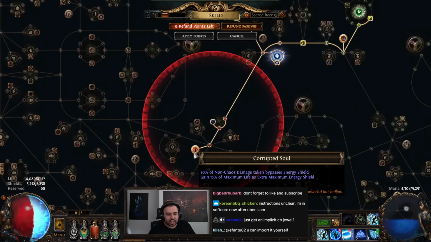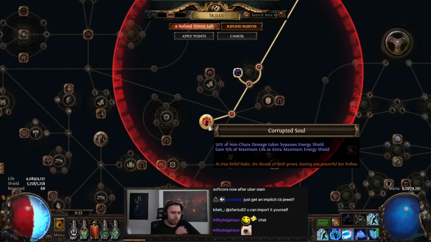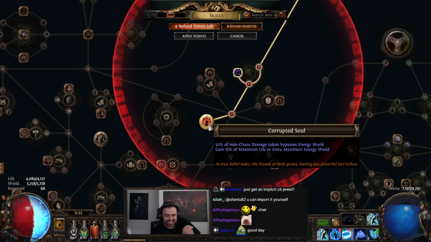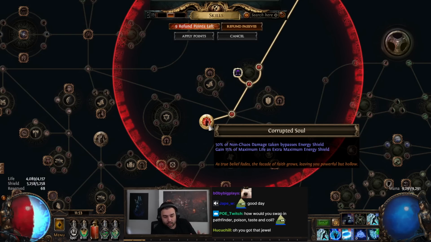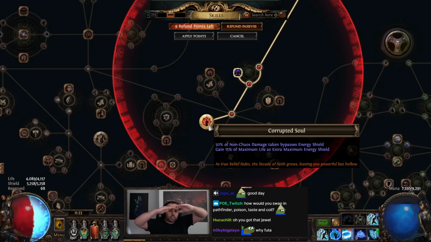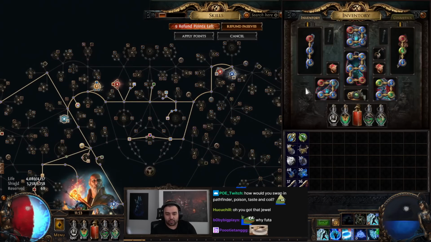So you're not really getting tankier in that regard, but what you are getting tankier in is the other line on the mod. A lot of people don't really understand what this does. 50% of non-chaos damage taken bypasses Energy Shield. What this essentially does is it means that your Energy Shield no longer protects your life fully. And you might be thinking, why is that a good thing? It's because if you take damage at a split 50-50 and you have sources of life and ES leech, which we do from Lighteater and from our gloves,